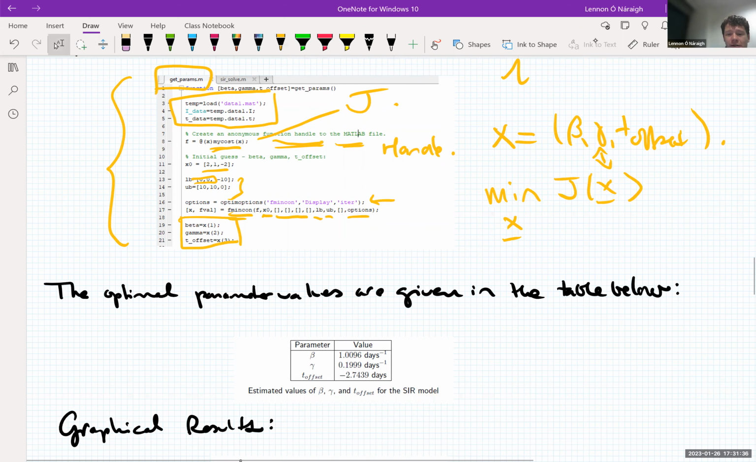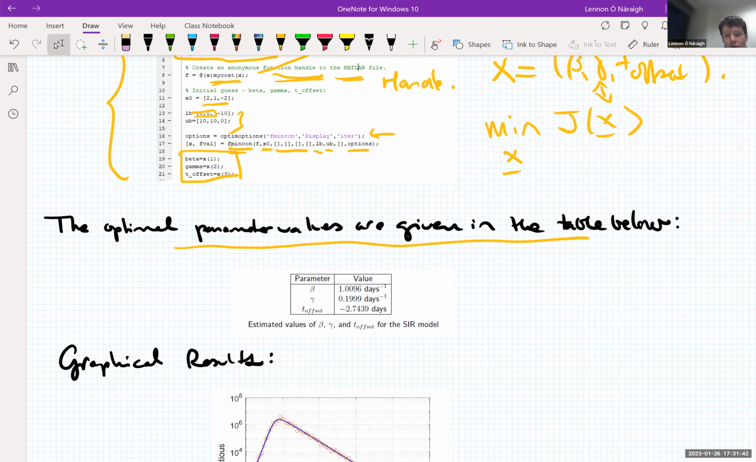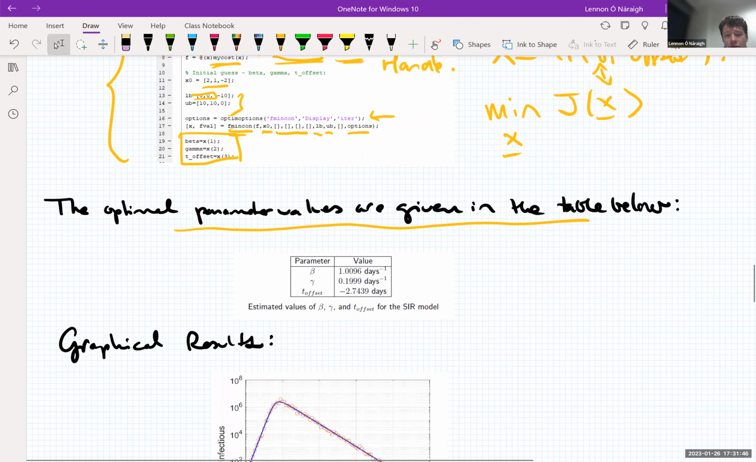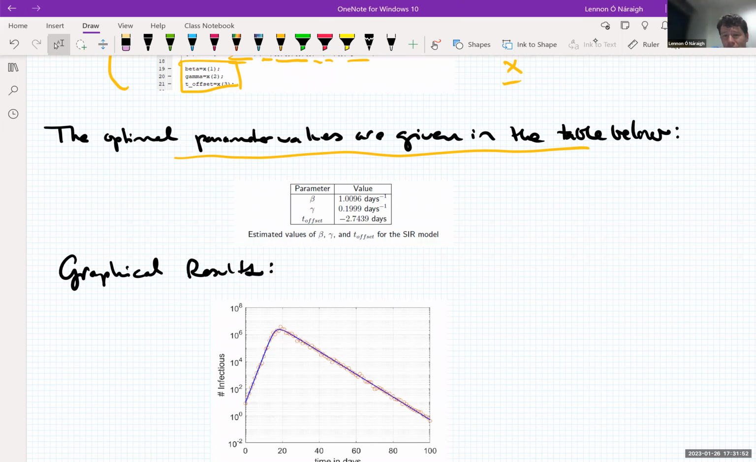And so the optimal parameter values are given in this table in units of days. So beta is just over 1 per day. Gamma is just under 0.2 per day. And t offset is minus 2.7 days. Or I should say t offset is 2 days. And so the initial time of the simulation will be minus 2.7